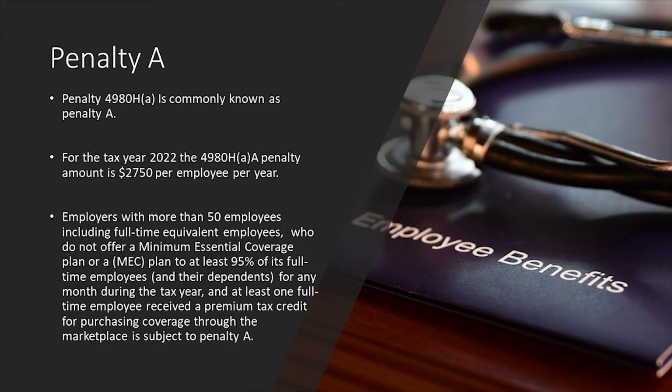Penalty A is penalty 4980HA, which is commonly known as penalty A. For 2022, the Part A penalty is $2,750 per employee. Now, employers with more than 50 lives, including full-time equivalent employees who do not offer at least